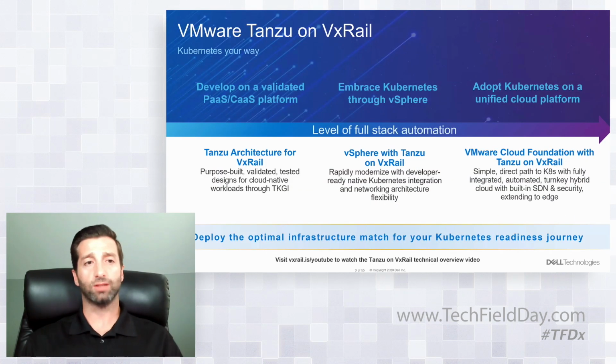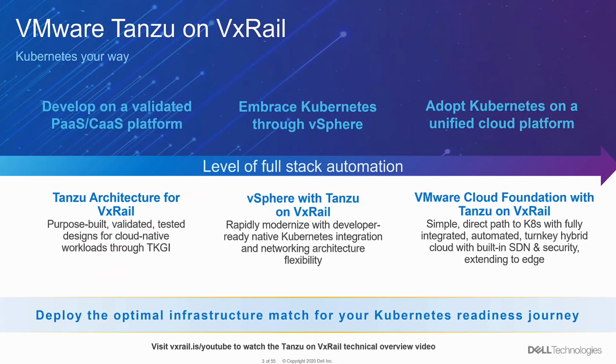All right, so next up, we're going to dive into each of the actual solutions that make up the portfolio. The first one we'll highlight is the reference architecture approach. This is what we call the Tanzu architecture for VxRail. This may have been something you have heard of before. It was also referenced as the Pivotal Ready Architecture a few years back. And ultimately, this is a solution approach geared for customers who are looking to develop on a validated PaaS and